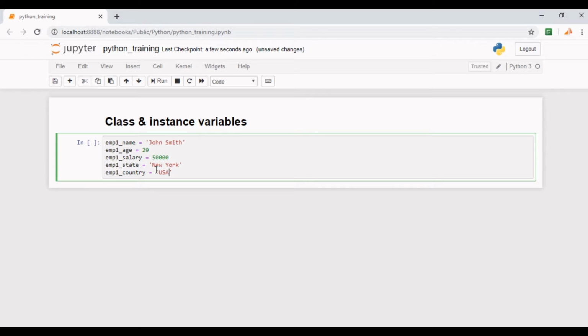Here we have initialized 5 details of an employee: name, age, salary, state and country. Similarly, you can initialize details for the other 2 employees as well.